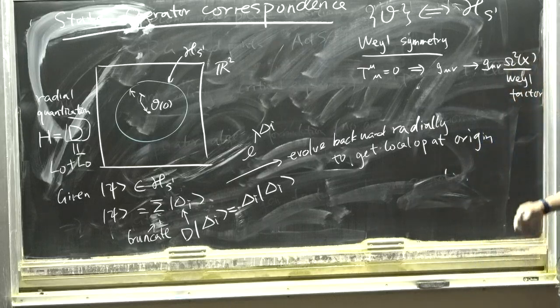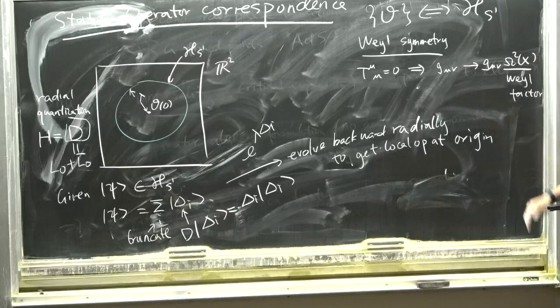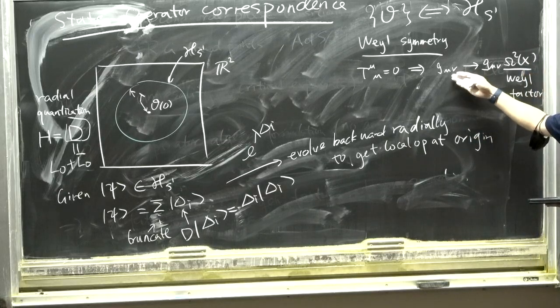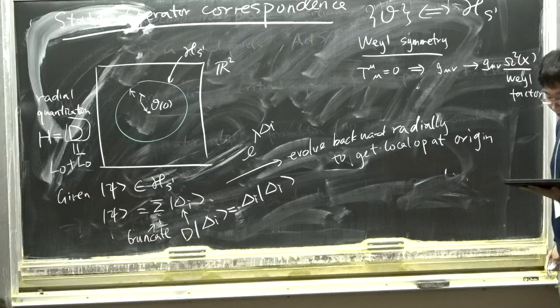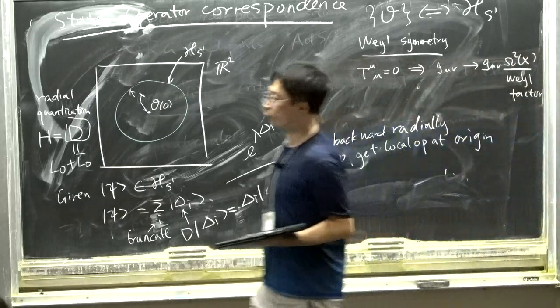Okay? There's a precise relation between the correlation functions, which I'll not write here to save time. That's a consequence of this Weyl symmetry. Emphasize, it is different from conformal symmetry in the sense that we're not keeping the metric fixed. Or said differently, you can think about conformal symmetry as a combination of the coordinate transformation whose infinitesimal